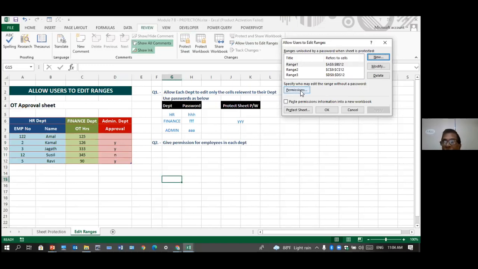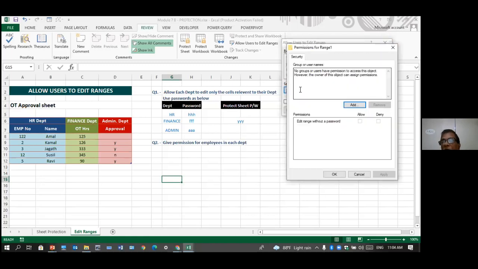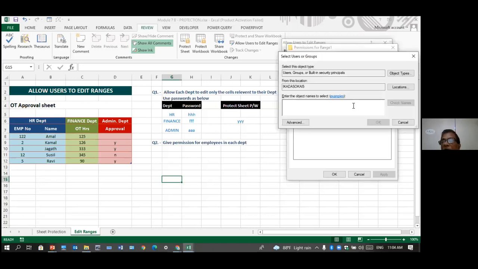Click on permission, and then say add. Here you have to put your email address. You can do it in your office machine. I just put asoka.icad@gmail.com. Put the password and put the name and then say check names.